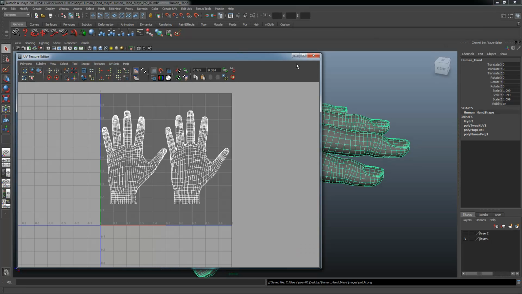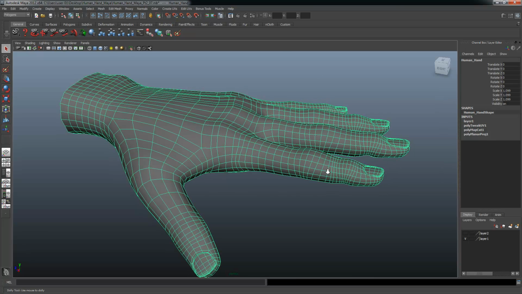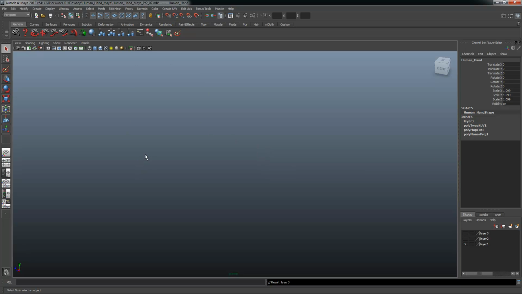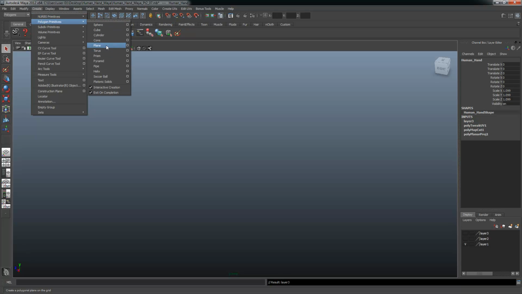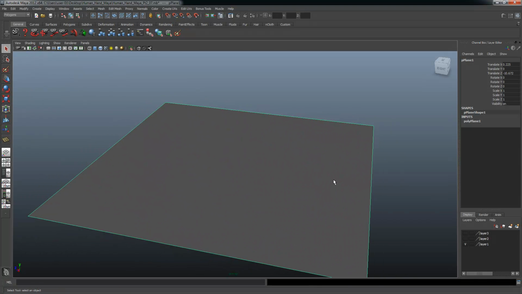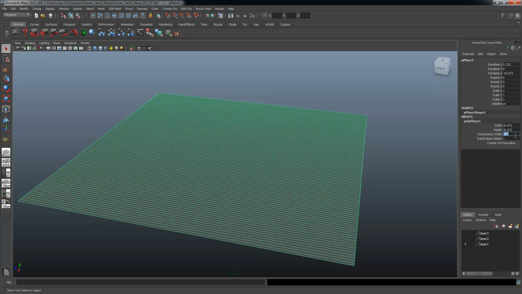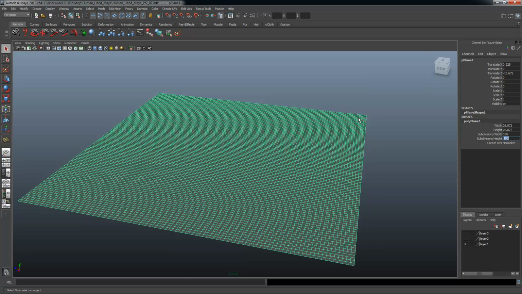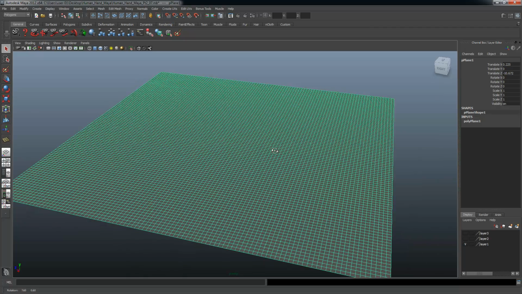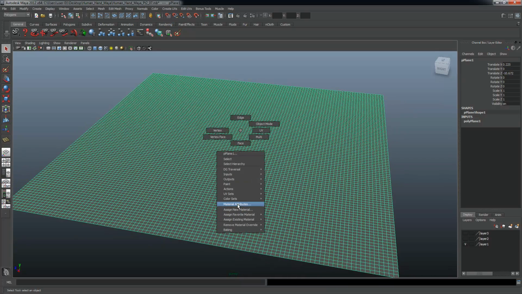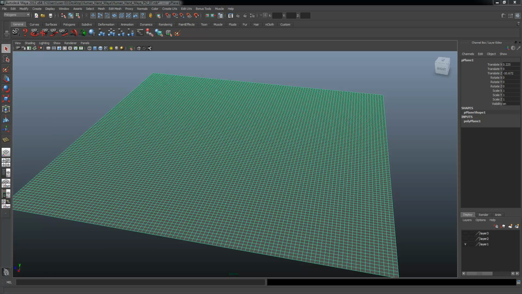So alright, so now that I've done that, I just want to hide my hand here. So before I apply this map to the hand, I want to just go ahead and create a polygon primitive plane, and I'm going to subdivide this thing like 100 by 100, and I just want to show before we put it on anything complex how displacement mapping works. So I have my little plane here, and I want to assign a new material, so assign new material,